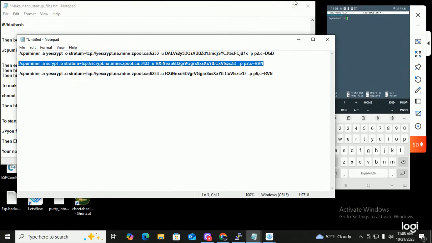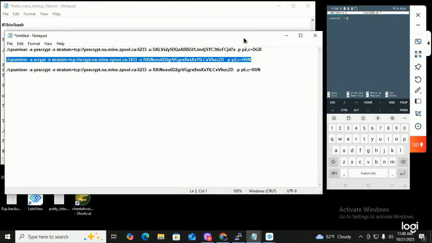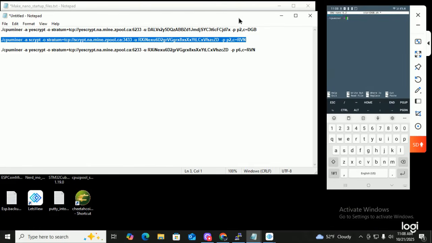So I'm going to bring this one up, and I'll leave that one behind it. I'm on DGB, this top one here. So space, and then we go yescrypt, yescrypt, and then space,